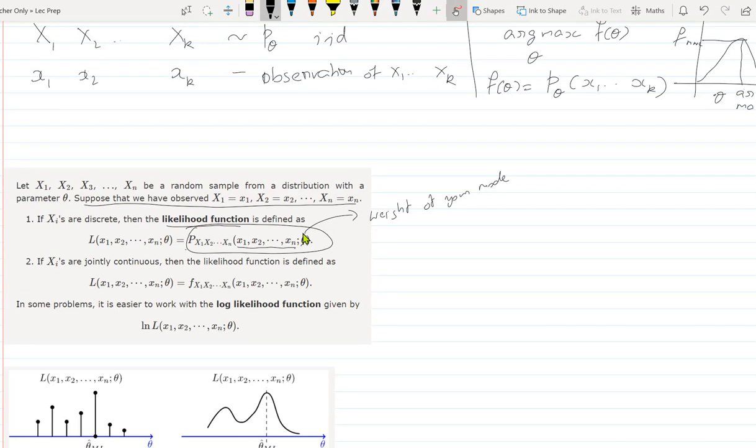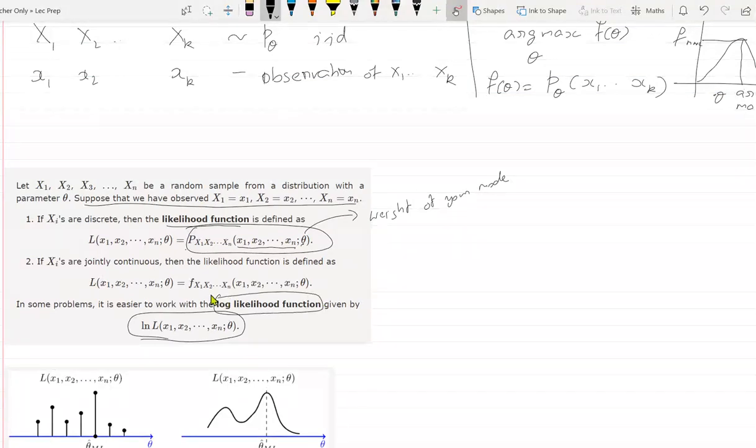Sometimes instead of looking at this probability value, it's useful to look at the log of the probability value. Then it's called the log likelihood function. If I have to say why this log likelihood function is convenient, I will have to go into machine learning, which is a long story on its own. So just remember these terms so that in later courses, when you hear them, you don't need to be afraid. This is the likelihood function. To take the log of the likelihood function is called the log likelihood function.